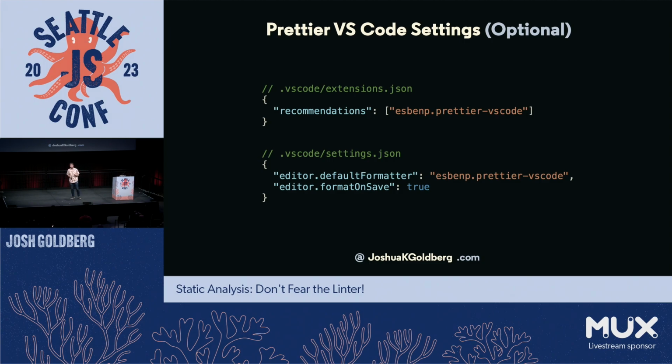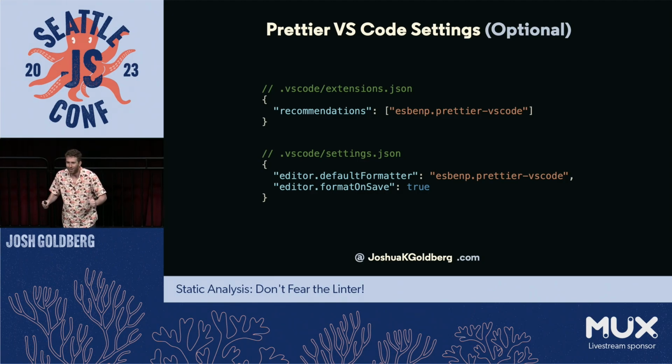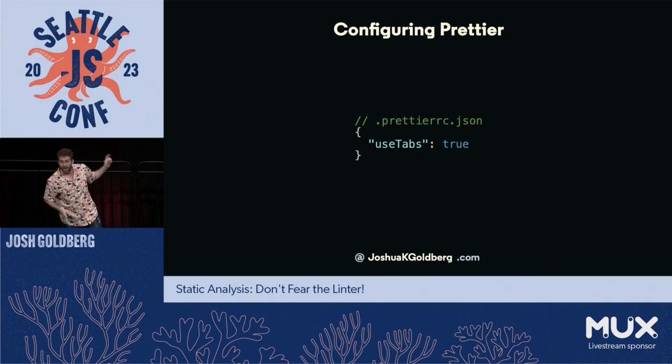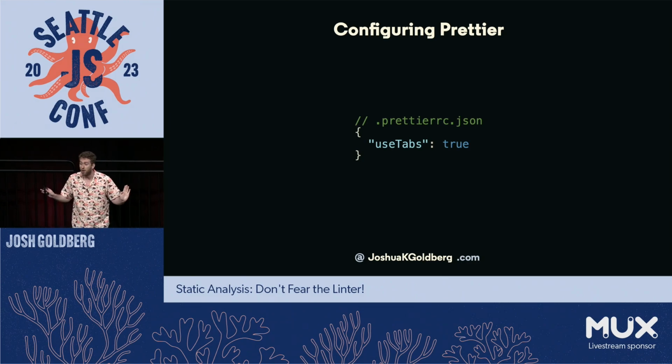Because fun fact, if you get associating in your mind the idea that whenever you save, if your formatting is correct, if your syntax is valid, it gets formatted for you, you'll come to associate that if you hit the save shortcut and the file doesn't change on you, you've messed up your syntax. And then you'll get better at your syntax, and it feels really good every time you hit save and it formats for you. Also, that saves you a lot of time. Yay. And now I personally use tabs. It's a whole thing I don't want to get into, but in .prettierrc.json, just know you can configure your prettier, your linter, your formatter, all these things if you don't like the way they work by default.